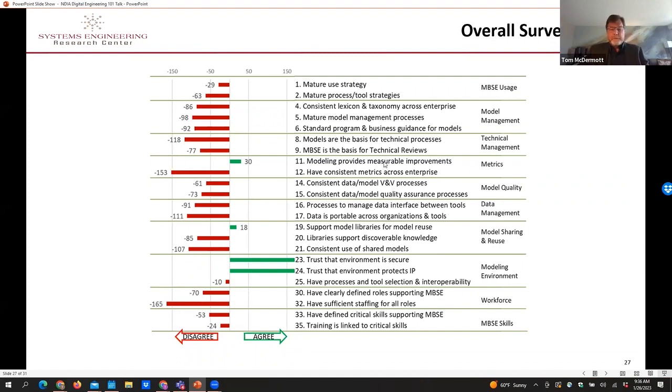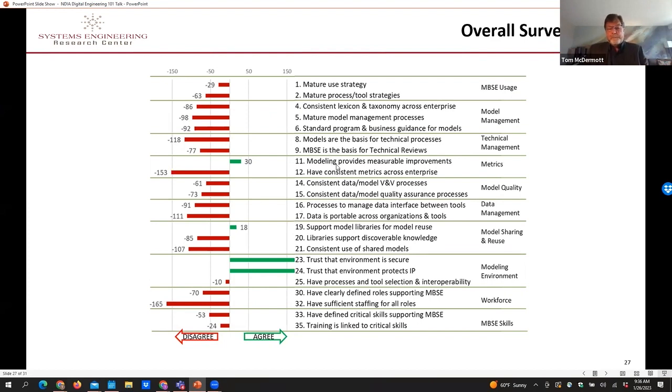Do you agree or disagree with that? And so you can see where we were in the state. A lot of disagreement. A lot of people don't consider themselves to be very mature yet, outside of a few small areas. I think this is improving over time, but we're in the earlier stages of what's going to be a multi-year process of evolving our digital engineering capabilities.